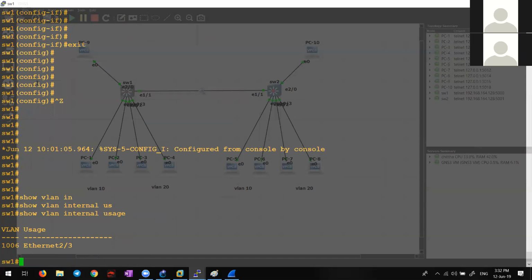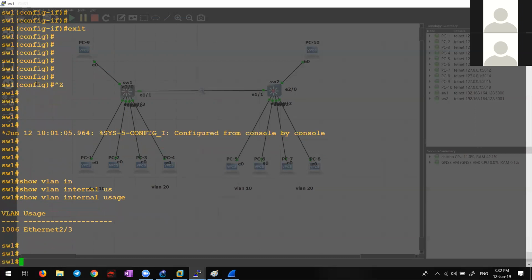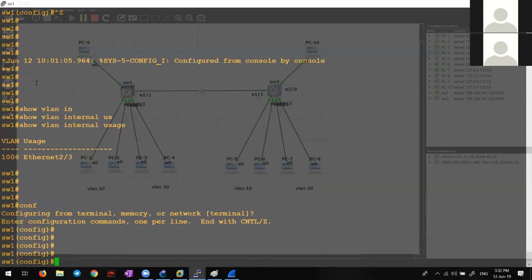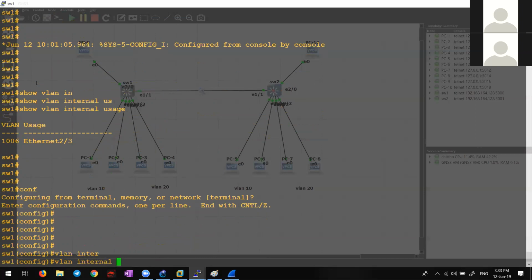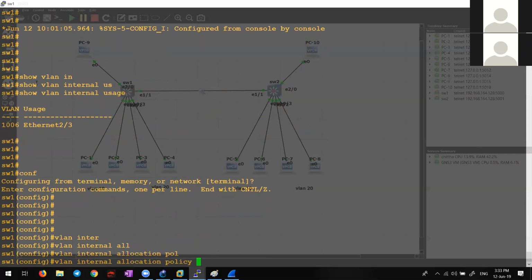So without knowing this concept, you made a port into a routed port, and happily you also configure VLAN 1006 and assign it to some PCs, and it can create problems in the network. So as a precaution, what companies suggest is the VLAN internal allocation policy. By default, the policy is ascending, meaning the numbers are given in ascending order, like 1006.